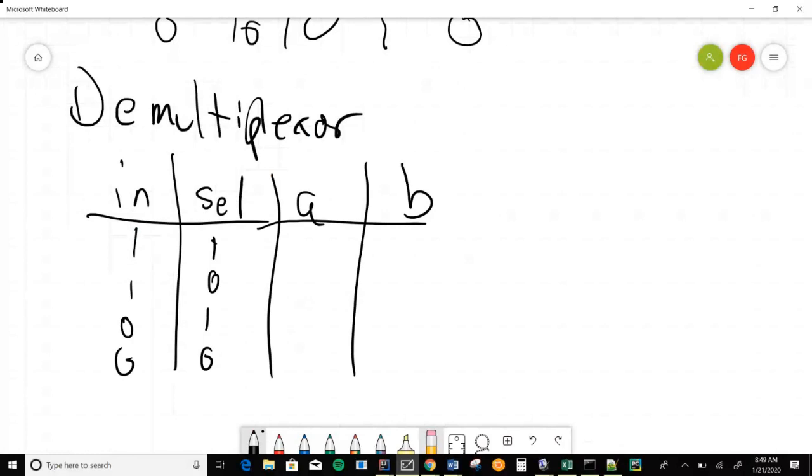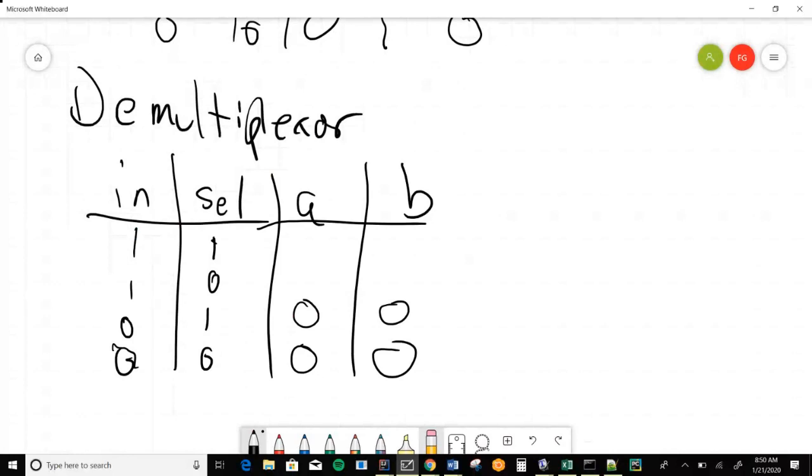A 1 select says B gets the input and A gets nothing. So let's look at the trivial cases first. If our input is a 0, we don't even have to worry about the select. Why? Because both A and B are getting nothing.